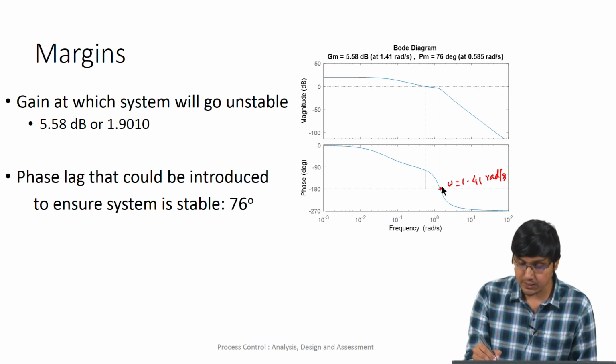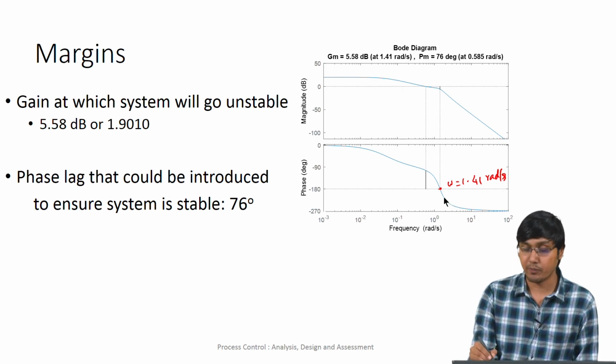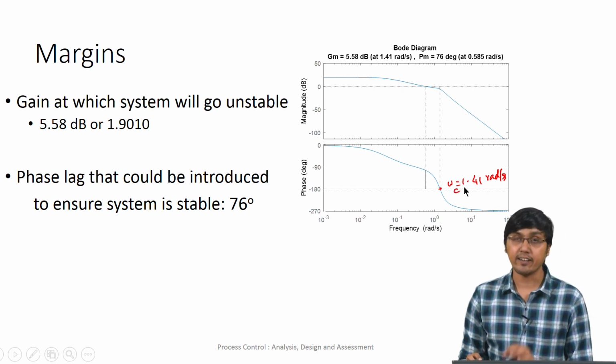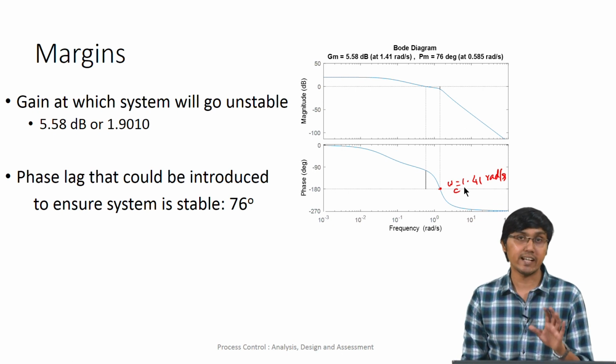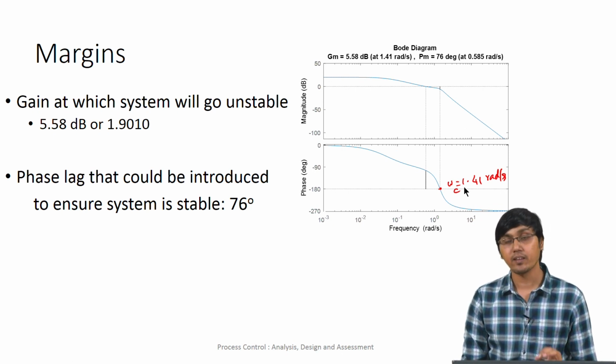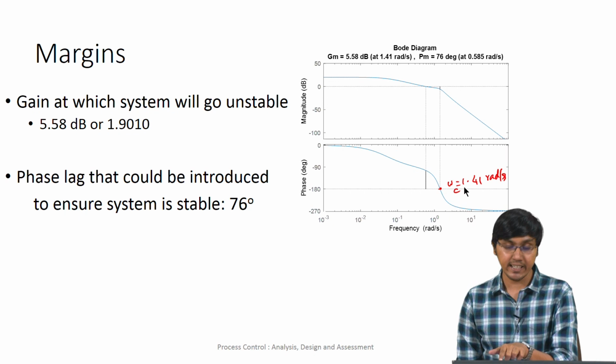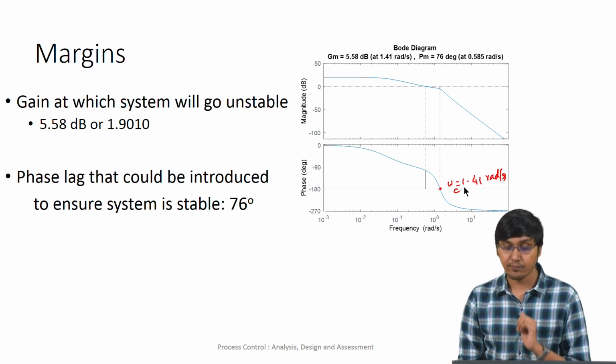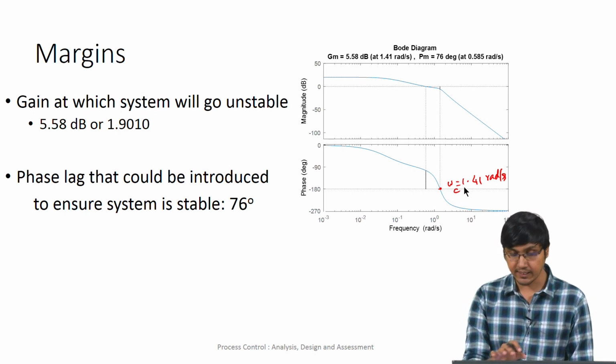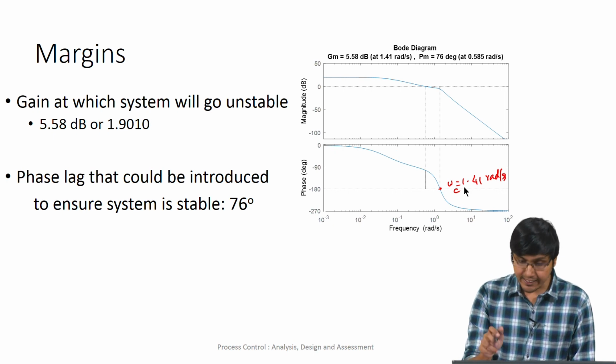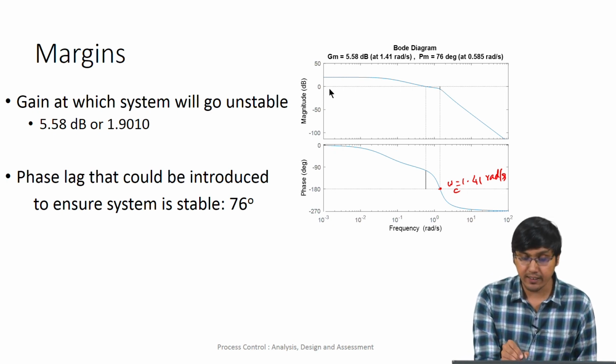If you plot here, this is 1.41 radians per second, the omega c value. So the frequency at which the phase is minus 180 degrees is called the critical frequency, and in this case it is 1.41 radians per second. At this frequency we look at the amplitude, and remember this amplitude